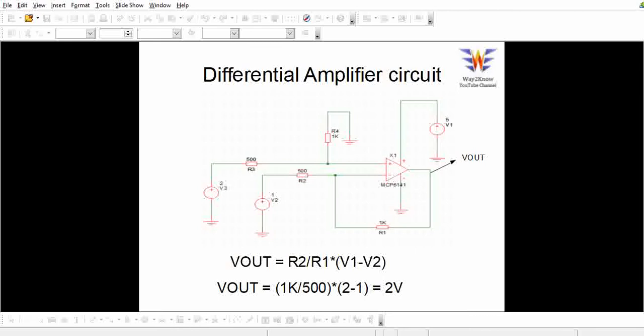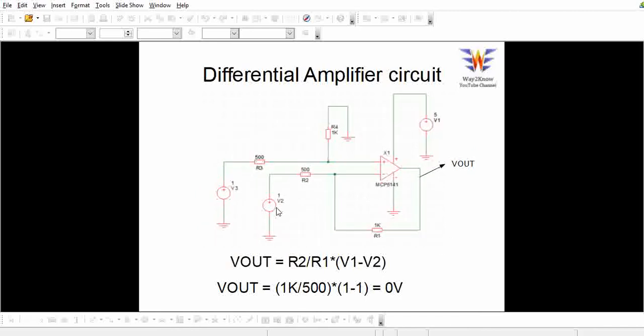So when we say very low common mode gain, let us assume you see an image in this picture, where you have the same signal, 1 volt, applied to this particular op amp, MCP6141. This op amp is from Microchip, and when you apply a common voltage, the differential voltage is taken as 0, and then the output should be 0, right?